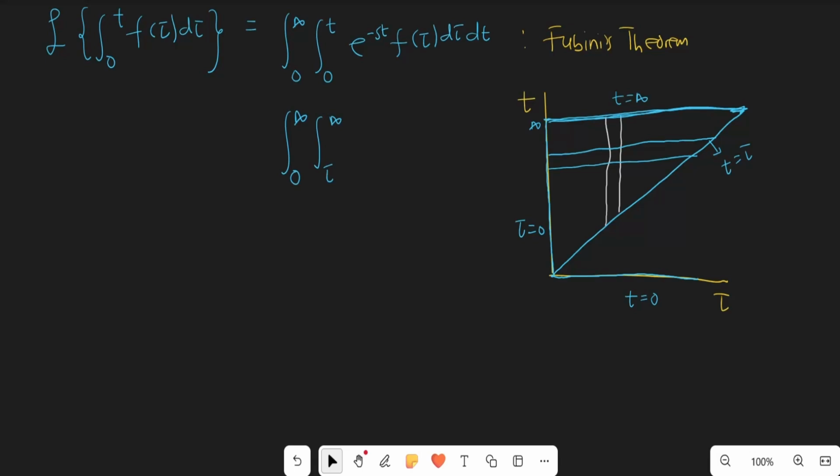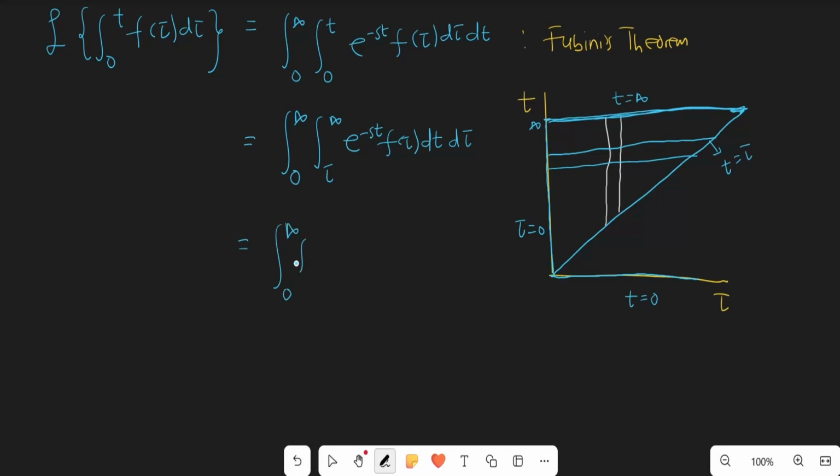So we are now switching the limits of integration between the t-axis and the tau axis. So this one is now going to be e to the negative st and then f of tau, and then next, the first one is going to be the t, and the last one is going to be the tau. These are now the limits of integration for t, and these are the limits of integration for tau. Alright, cool. So this is what we have, and then we are going to have this, the integral from 0